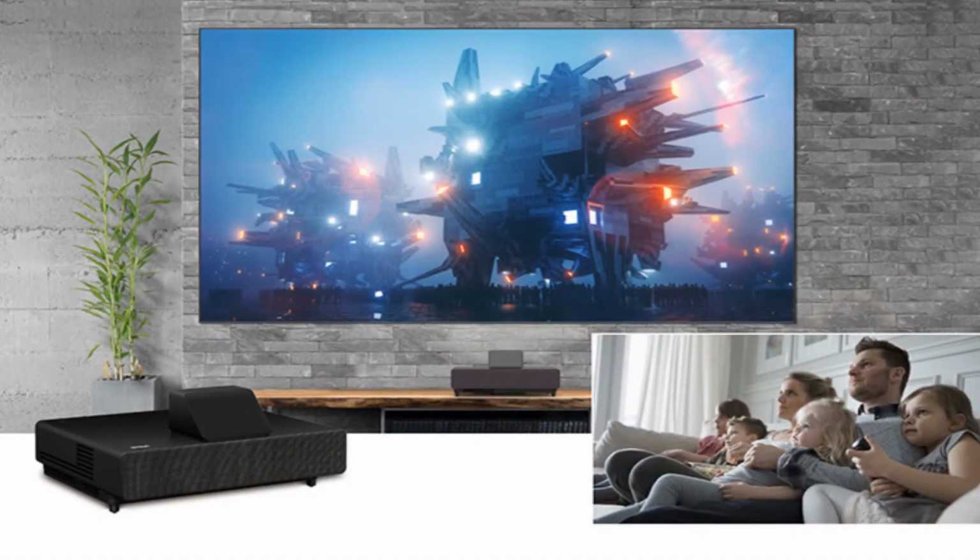There's a new one coming out by Epson. It's called EpiqVision, and they have a couple of different designations. The one that I was looking at was the EpiqVision 100-inch LCD laser projector. This is the only one on the list that has an LCD picture engine instead of a DLP. So the laser light is shown through the LCD, and that's how the image is created, instead of the digital light process, which goes off of mirrors and reflects all the pixels. The other cool thing about that particular one is it comes with the screen, so you don't have to add anything extra. You're getting basically everything you need to be set up for a 100-inch image